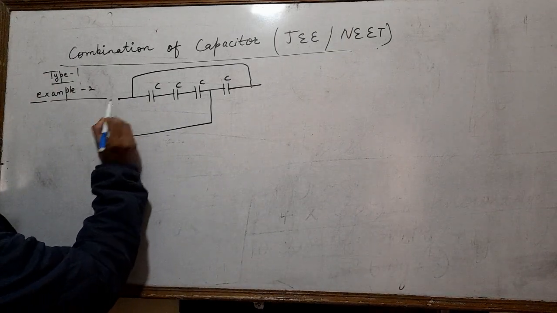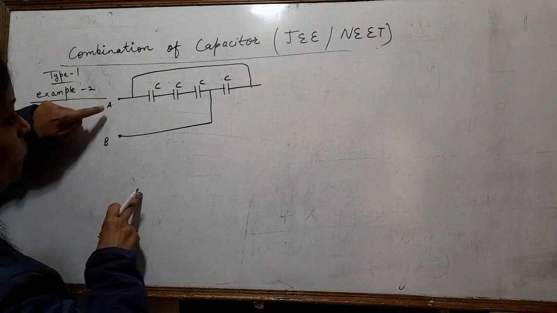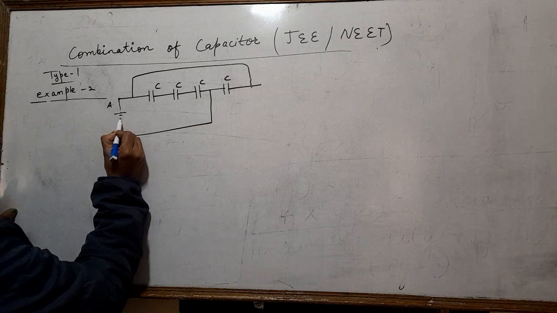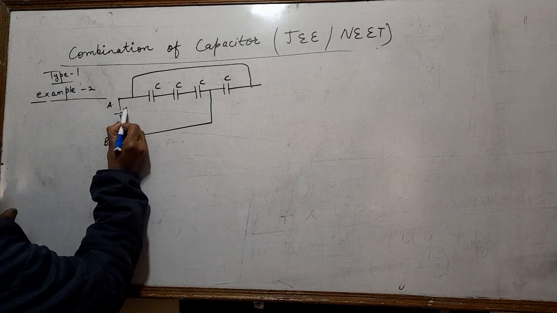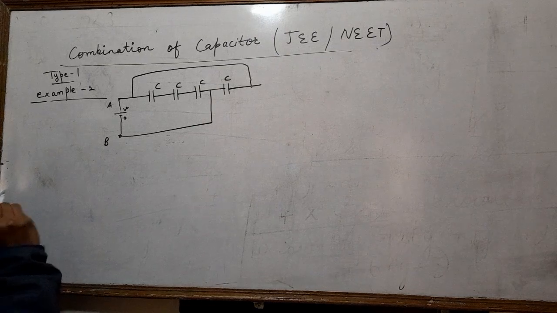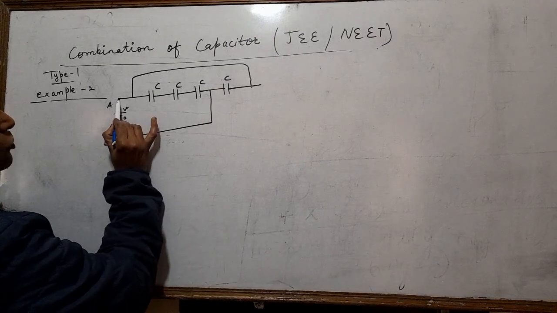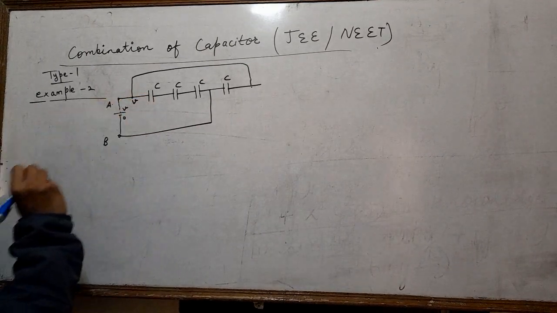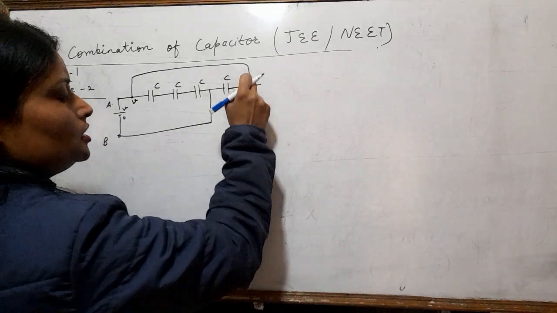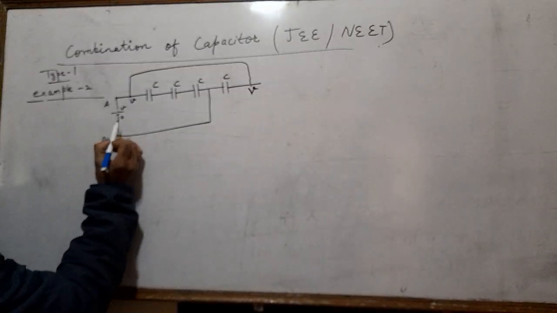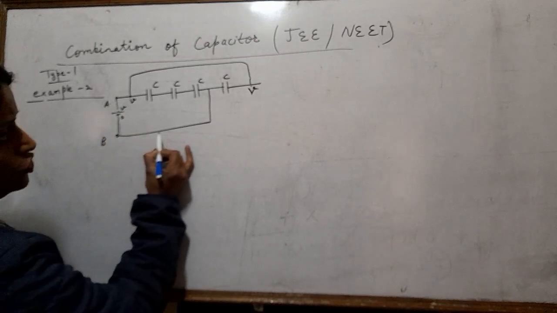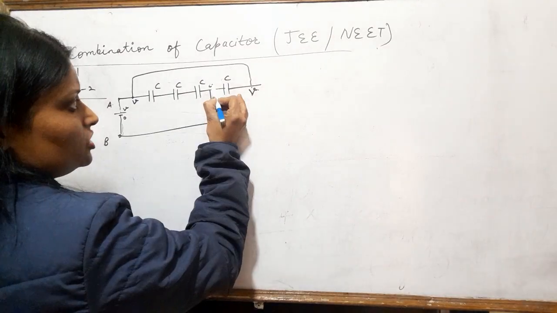Firstly, you have to connect a virtual battery between the A and B terminals. So you have to connect a virtual battery. The positive and negative terminals mean here is V potential and here is zero potential. So according to that, V potential goes to the A terminal, and across this, this terminal's potential is also V, and this V potential goes to here, and at this point, V potential is there. Okay, and according to the negative sign, zero potential goes, no hurdle will be there, so here also zero potential is there.